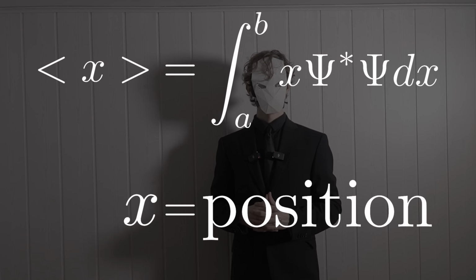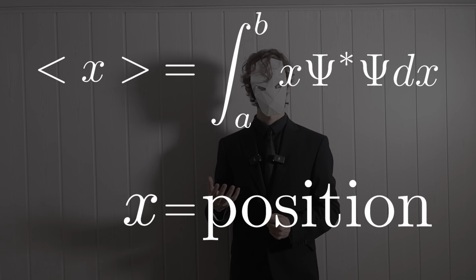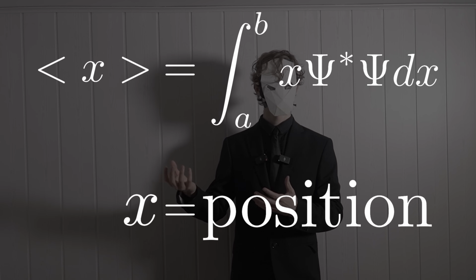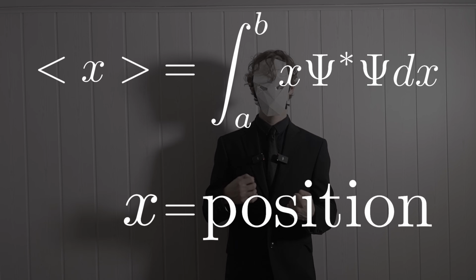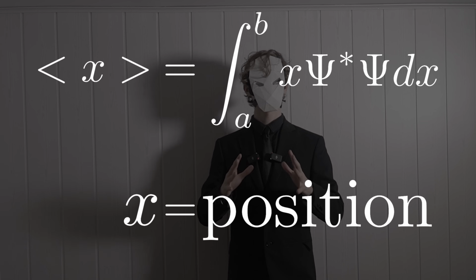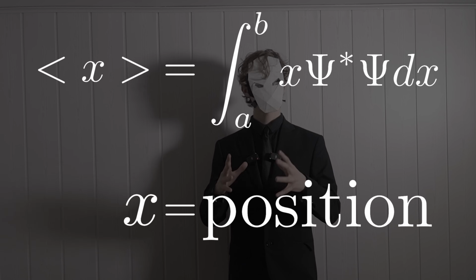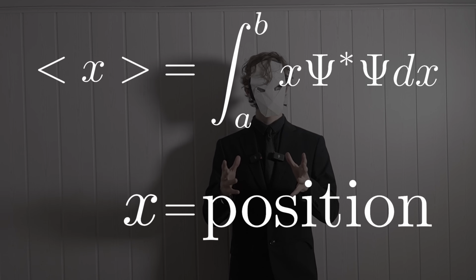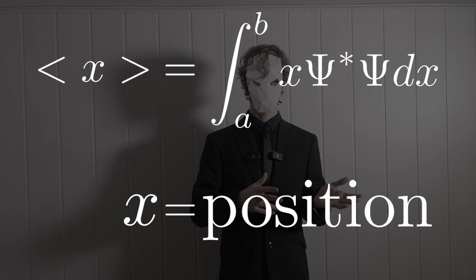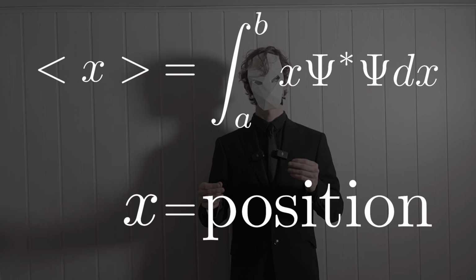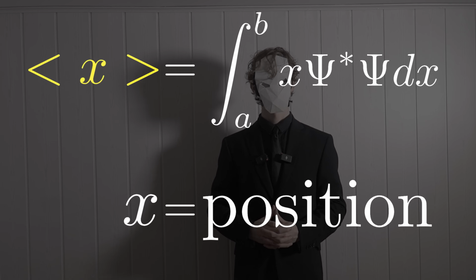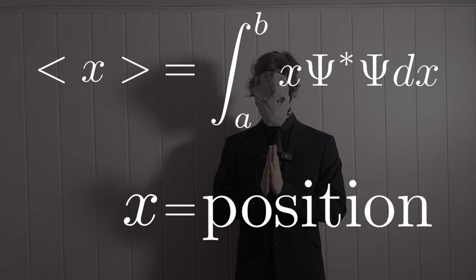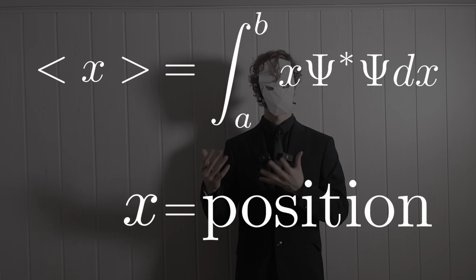In classical mechanics, when you have an object, you have the position of that object. So you have a ball and then you have the exact position of that ball. You can say that the ball is 2 meters away from you, or 1 meter away from you, or maybe 1 meter to the left, 1 meter to the right. In quantum mechanics, you can't have that. The uncertainty principle disallows that, which basically means that you cannot have an exact position of something. Instead, the position is dependent on the function describing the probability, and because of that, instead of working with values, we work with functions. Functions like these. So, there we go. Instead of position, we have this.